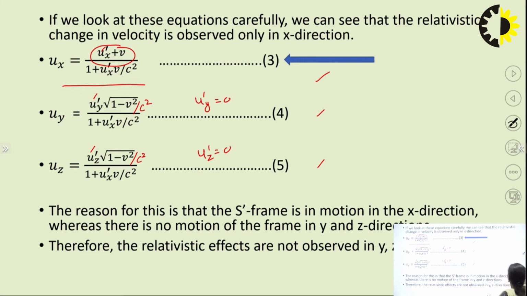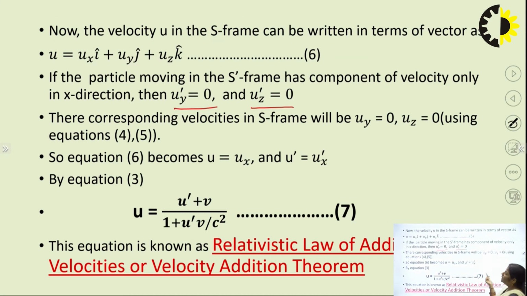For ux we have no information, only that it is traveling in the x direction. Substituting these values, we have ux, with uy and uz 0 here. So now look at this part. u is equal to ux only, isn't it? If we put the values of uy and uz as we have discussed in this equation 6, then this is equal to